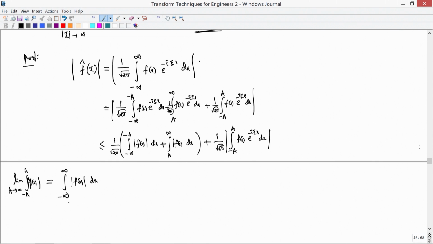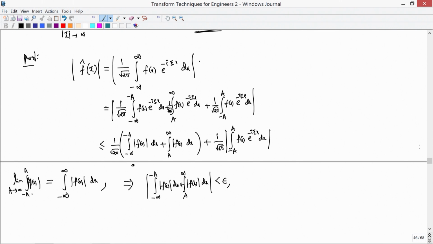So, this is some number, this is the limit. What does it mean? This means this minus this, with modulus. So, the modulus of that is actually this one: minus infinity to minus a of mod f x dx plus a to infinity of mod f x dx. This quantity can be made less than epsilon whenever